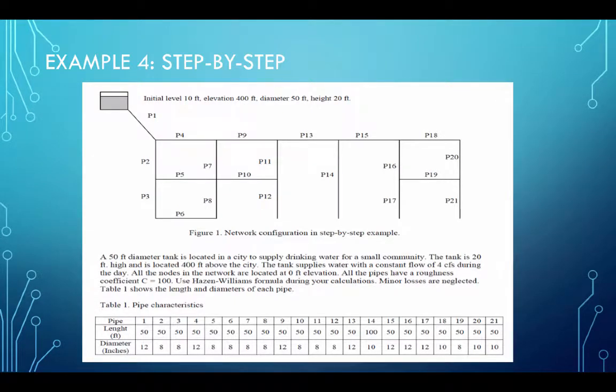Hello and welcome back to Lesson 10. This is part 2. And the next example we're going to do is, for lack of a better name, a step-by-step example of a more elaborate network than we've looked at so far. We have